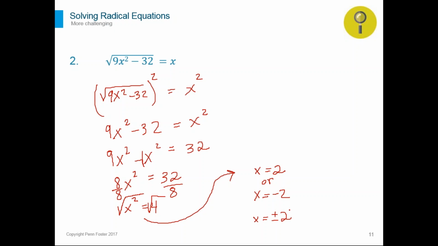Other questions? Any questions here? Are there any questions in this part where we have two values for x? Okay, let's move on to